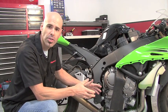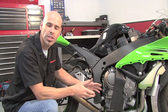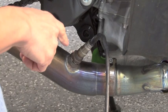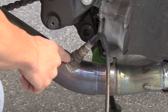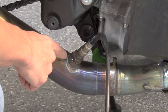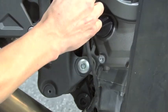Some stock exhausts or some aftermarket exhausts may have the bung already set up for what you need. Some may not, so some you will have to weld them on. For this 2011 ZX10 model, we had to weld in a bung for this aftermarket exhaust. This is an 18mm by 1.5mm thread. And now we simply just connect this